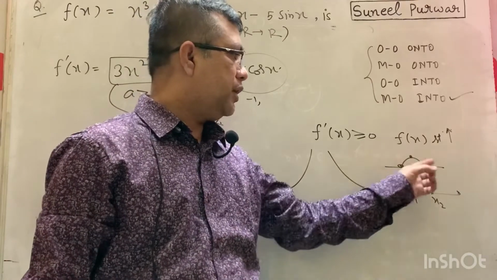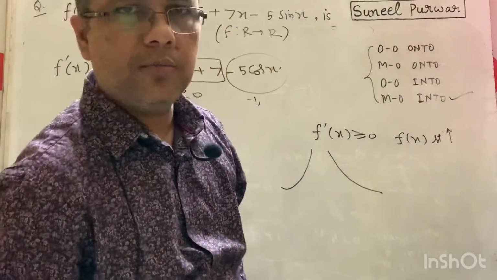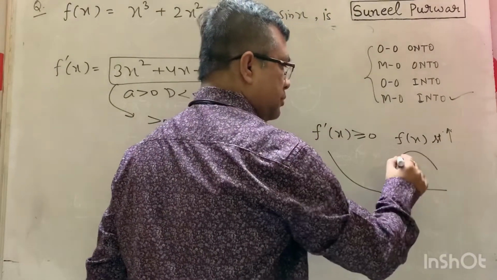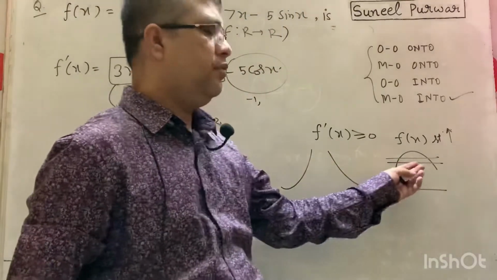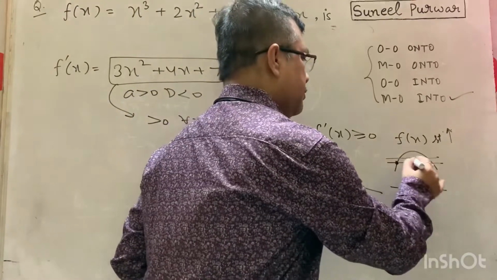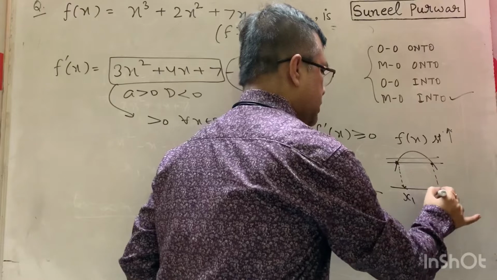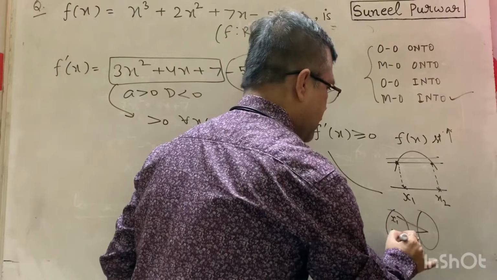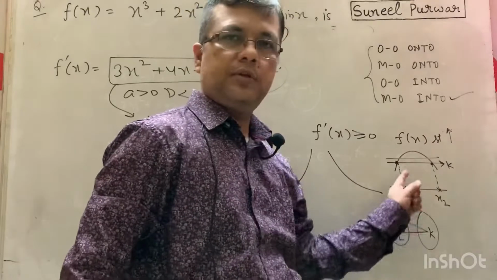On the other hand, if a function fx has got either a maximum or minimum, then it will always be many 1. See, suppose fx is having a maximum, then you see, if you can cut the graph by horizontal lines in more than 1 point, it is many one function always. The reason is well understood by you already, okay? Let's say these points of intersection are x1 and x2. So what you see, for x1 and x2, you have the same output. Suppose this value is k, you have the same output k. And hence the function is many one.